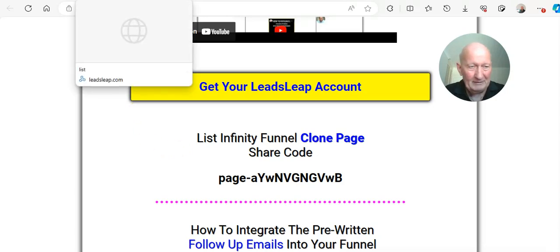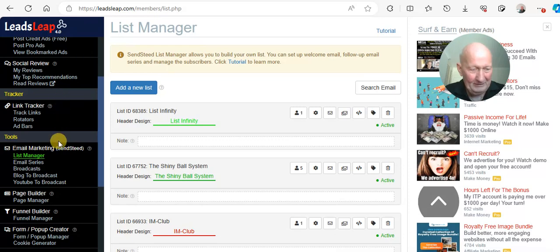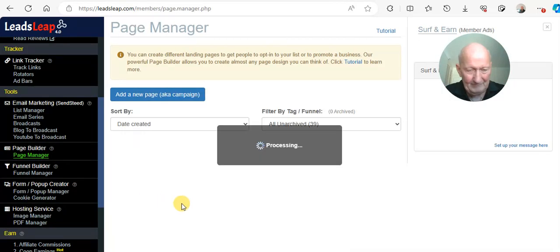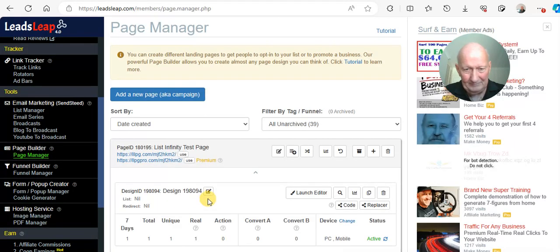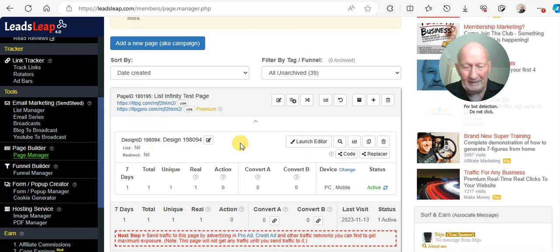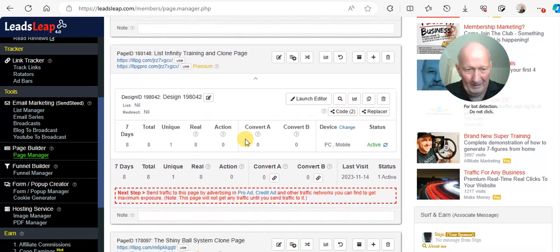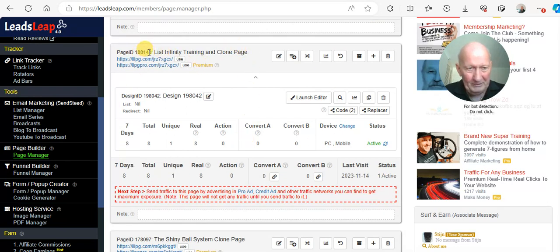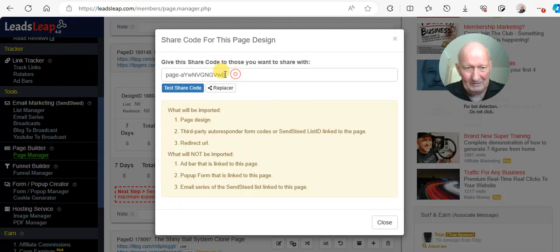So if you go into LeadsLeap and go down to Page Manager, when you set up your clone page, this will be your name here, or whatever you called it. So you go into your List Infinity clone page, then you go down here and you click on code. That is the code to share the page. So you copy that,